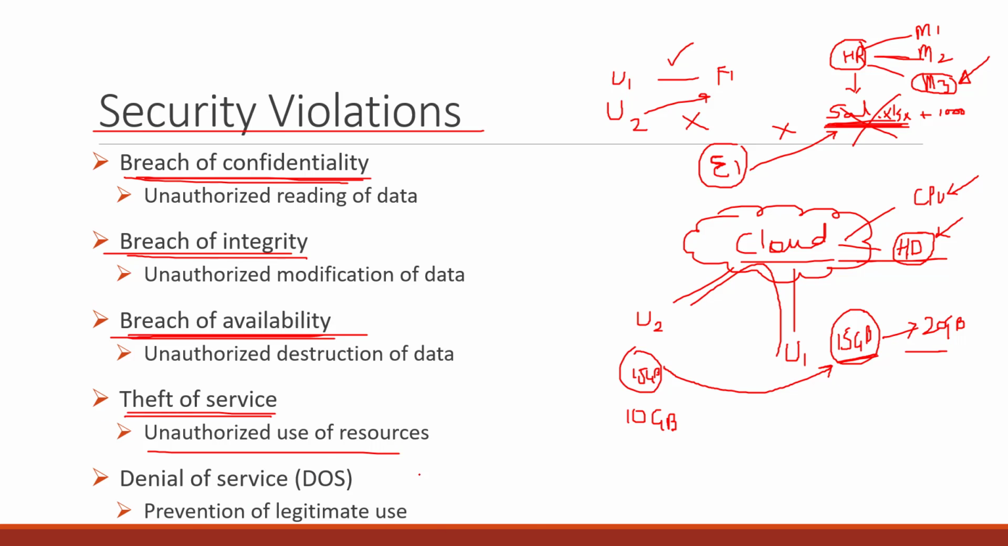Then denial of service means prevention of legitimate use. It's pretty similar to what we have over here, but this domain is pretty broad. It's not only breach of availability. We call it denial of service, and then there is another part of it which is called distributed denial of